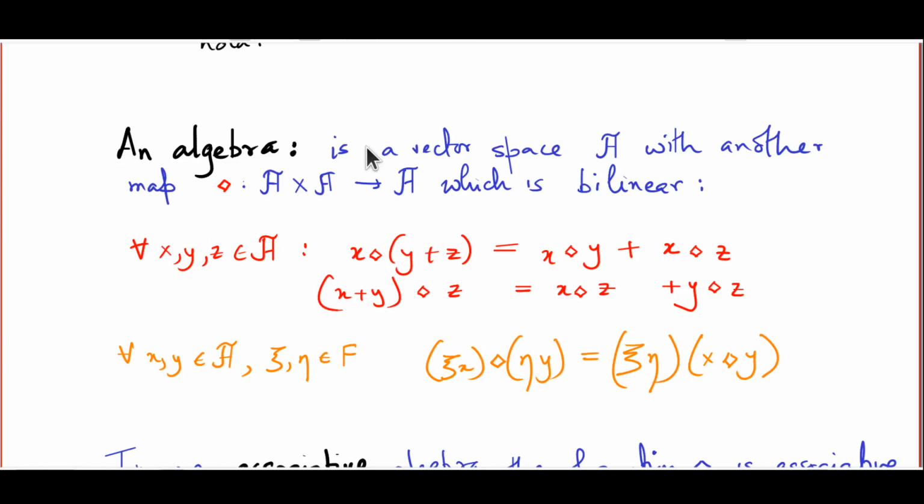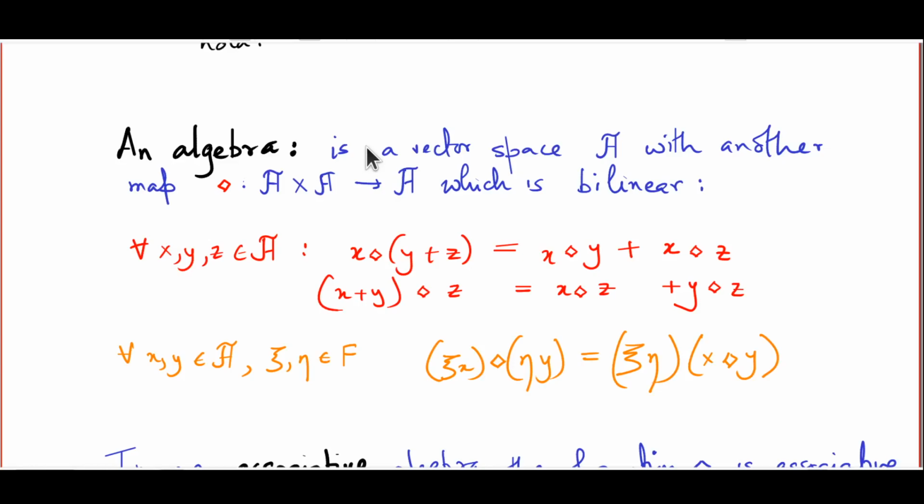Now diamond is a very nasty way of putting things, so I'm just going to say into. So x plus y into z is equal to x into z plus y into z. And also for all x, y belonging to the algebra and all xi and eta belonging to the field F, xi x times eta y is xi eta multiplied by x times